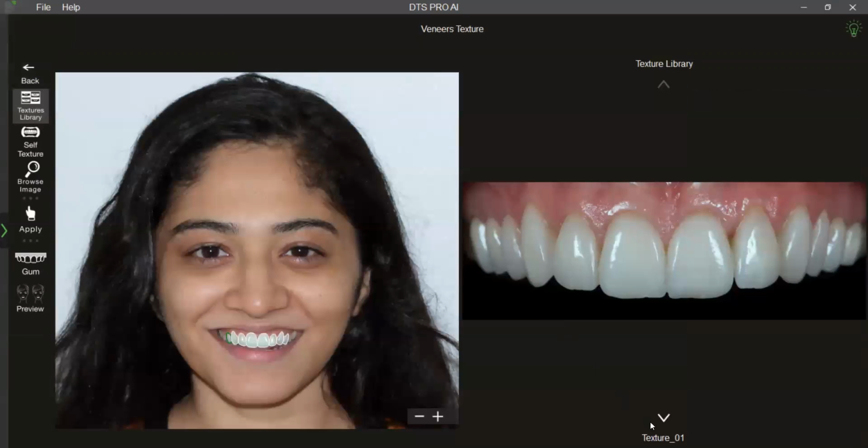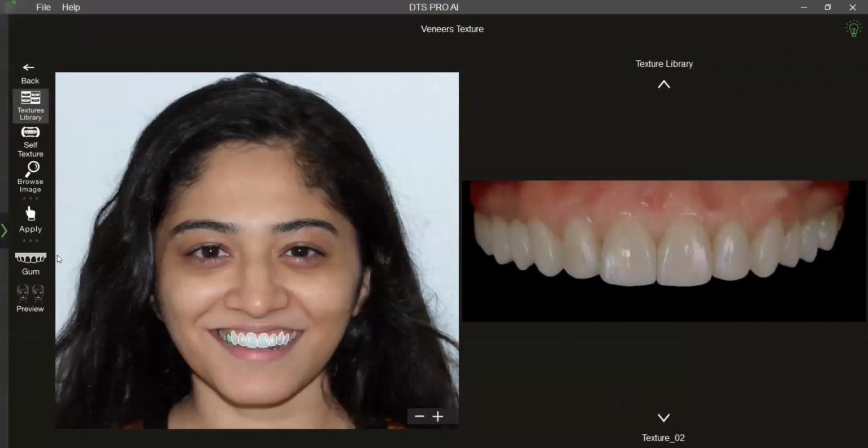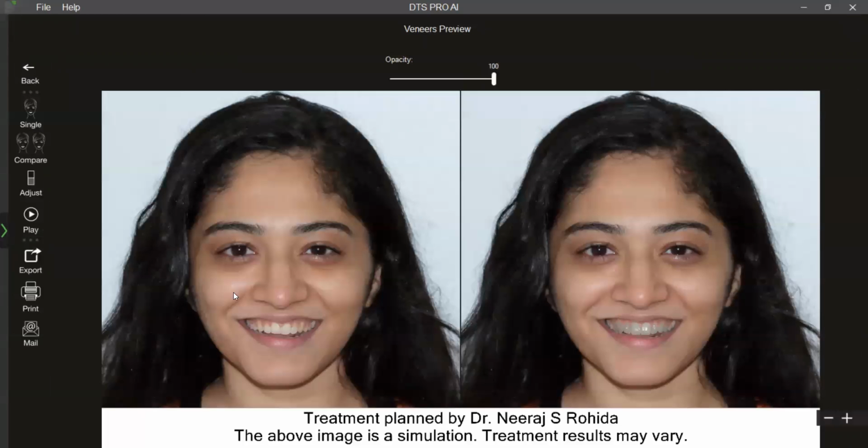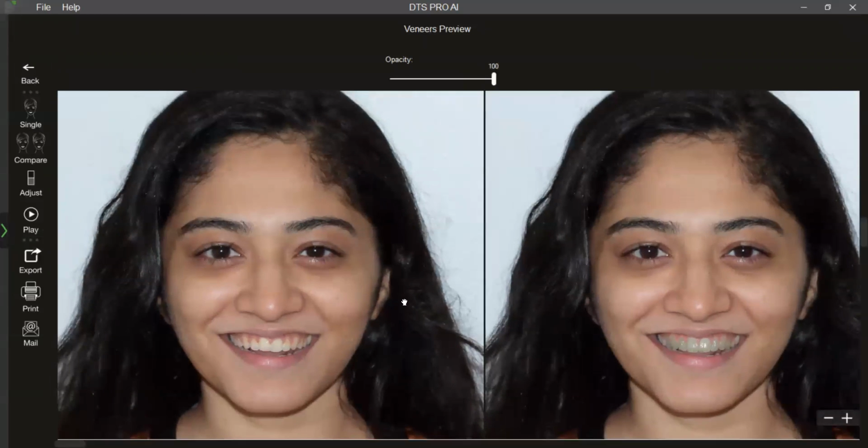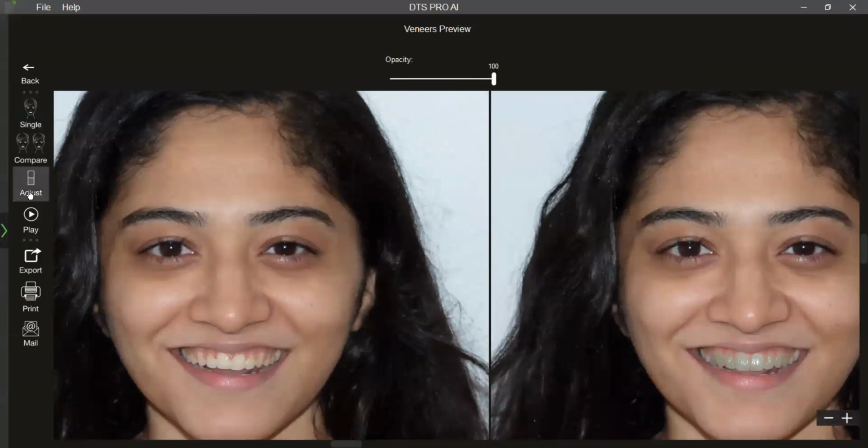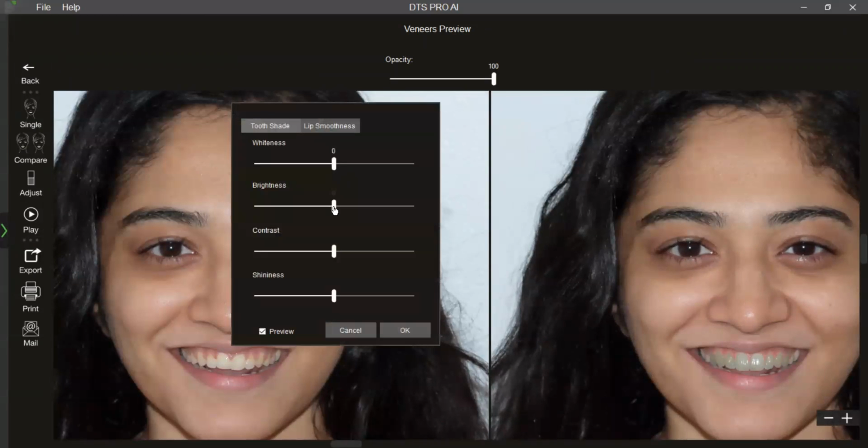If you want to opt for some other texture, maybe let us choose texture number 2. Apply, preview. Teeth appear too yellow, no worries. I can just go to the adjust tab. First of all, increase the brightness a bit. Make them whiter. Lip smoothness is good.